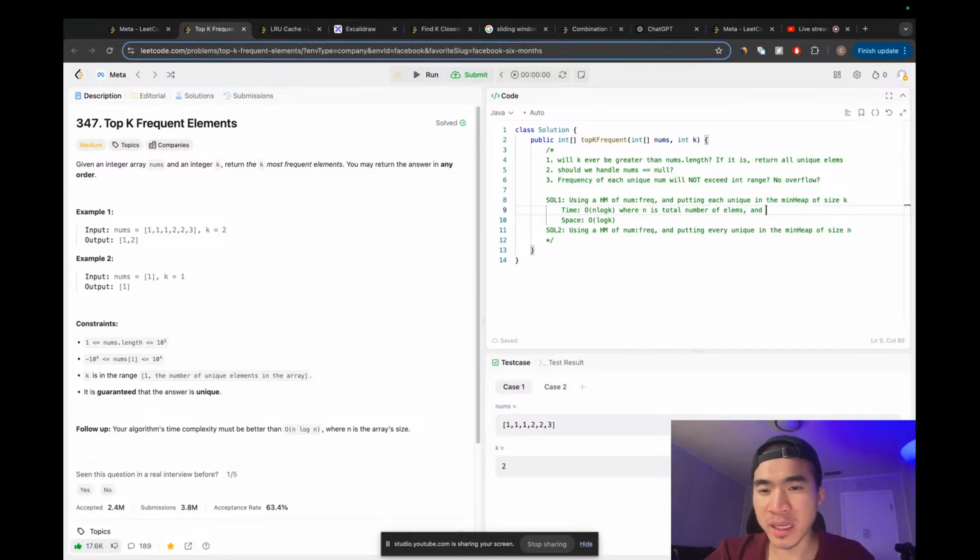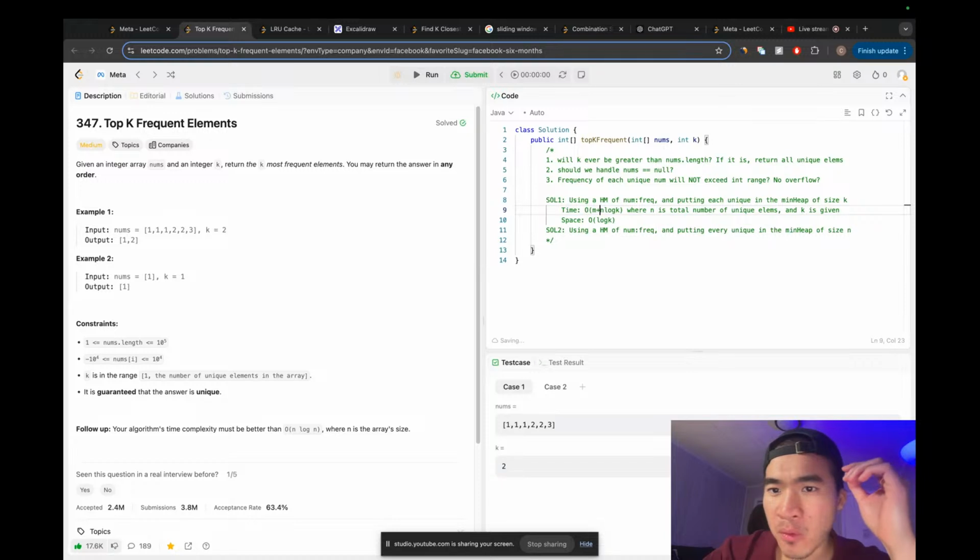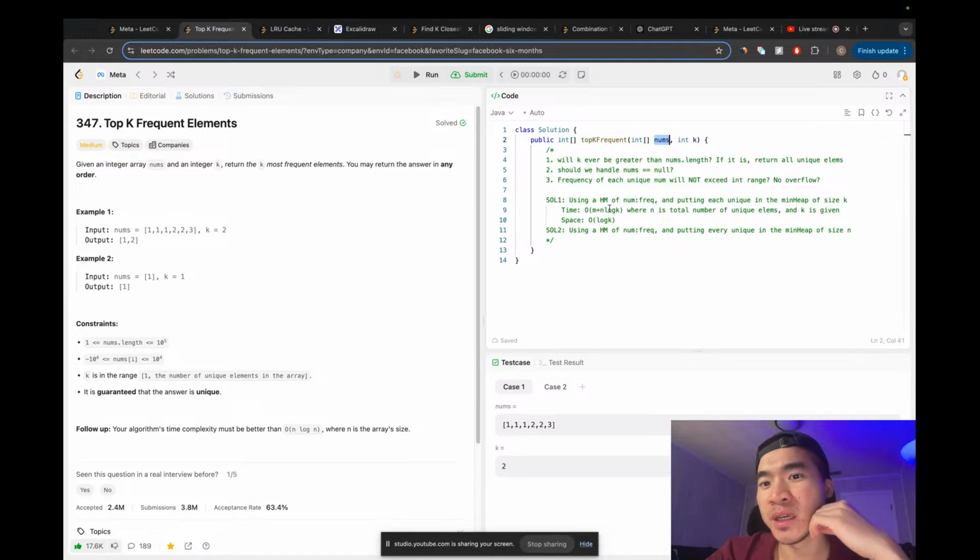And basically, well, it would be unique elements, and k is given to us, so it would be like m plus n log k, because we need to go through all the nums to get the frequency. So m would be the number of elements in nums, and then once we have all the unique ones, we just